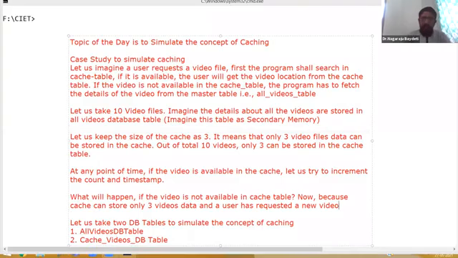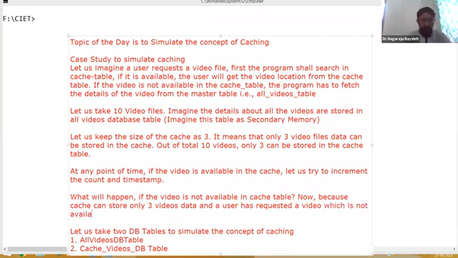A video can be old or new. Now what we have to do is replace one entry in the cache.